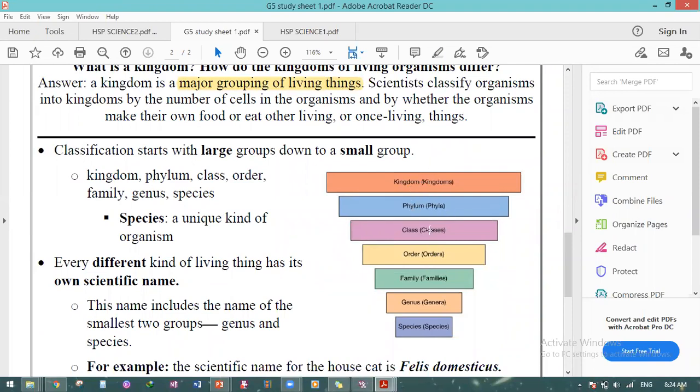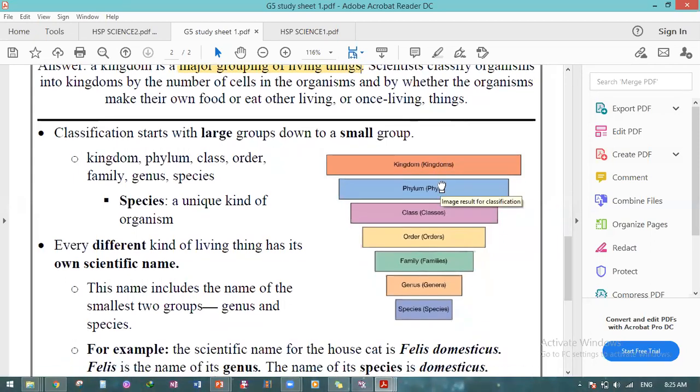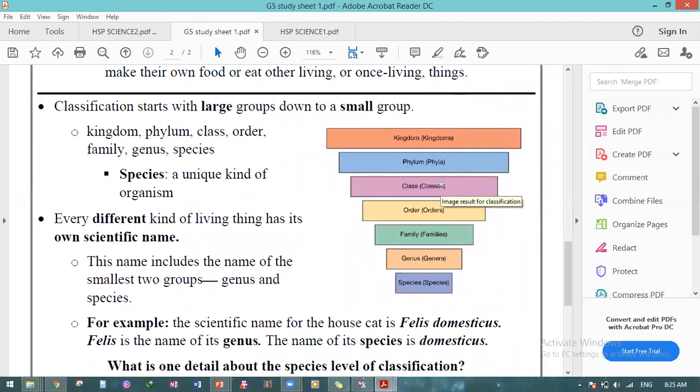We have kingdom, phylum, class, order, family, genus, and species. Species is any kind of organism, like one monkey, one human, one duck. This is the species. It's a unique kind of organism. Of course, guys, you will learn about these 7 levels of classification. We'll talk about them a lot with more details, inshallah, in the next session. Okay. So if you guys have any questions,